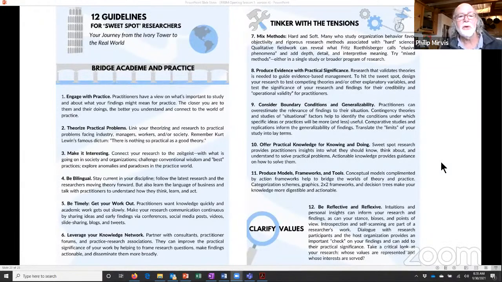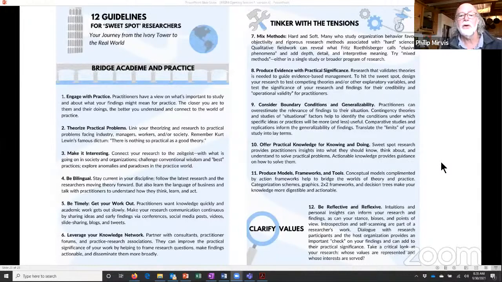So to close, we have 12 guidelines. So these are very small print. We'll make sure you get an infographic put together. A couple of points that I wanted to note about this is, one, this is not what you learned in your methods courses. Your methods course is in there, but it's embedded in these ideas to engage and link to the world of practice. And 3 of them that are key to me is to start with a practical problem.